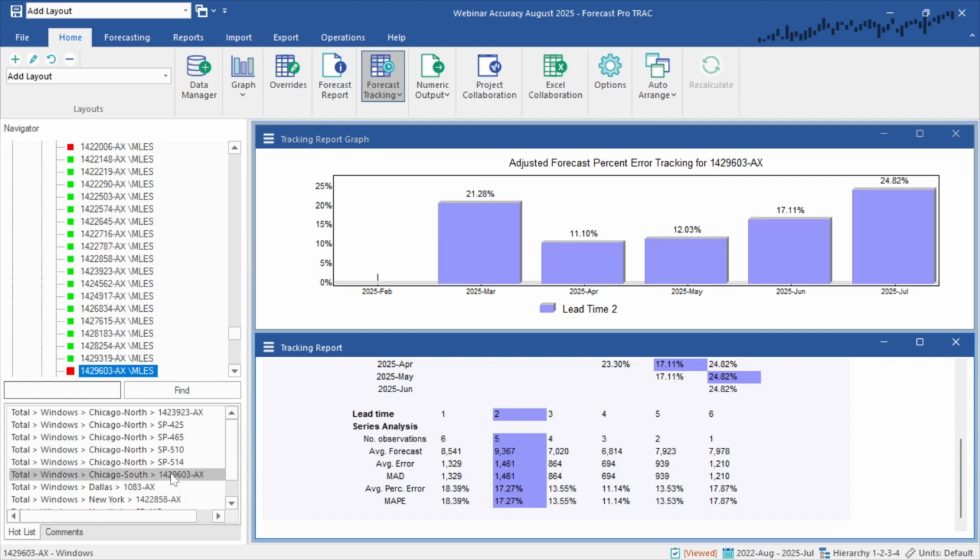Now, if I go to the next item here on the list, what we'll also see is the opposite of that. If we look at the last 4 months, we've gone from 11% to 12% to 17% to 24%. We've actually made the forecast worse over time. And this is something that we really want to look at and say, why have we made it worse? And what can we do to improve it? If we look at this item's graph by itself,